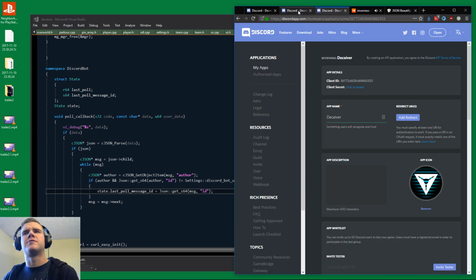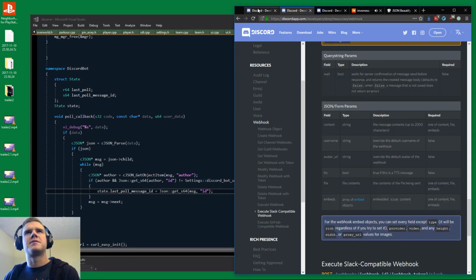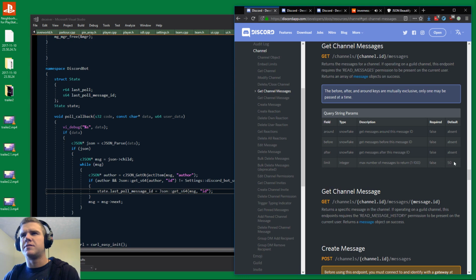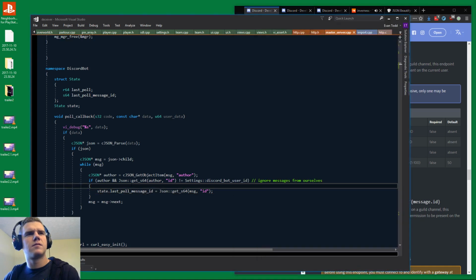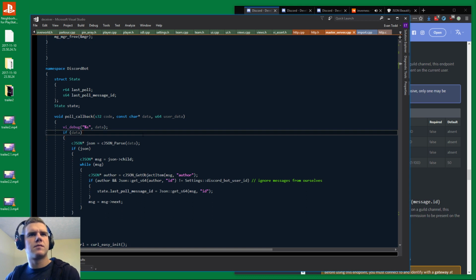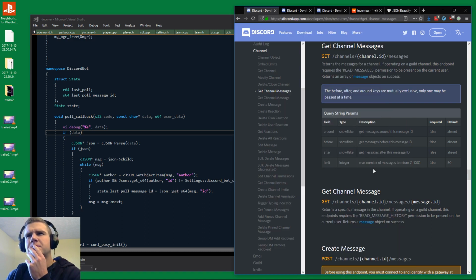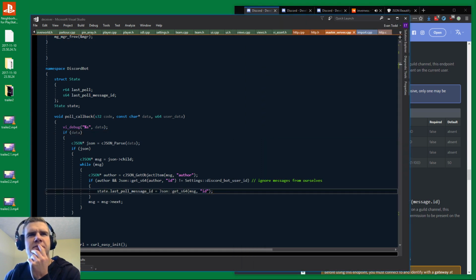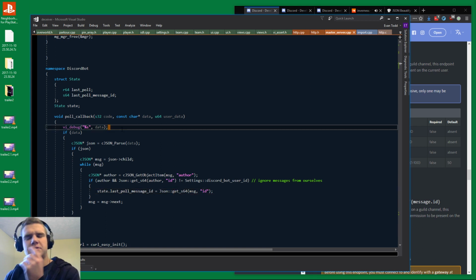Oh, something else to think about, we should probably have a limit. Default is 50. Trying to think of the best way to do this. When the bot starts up, it should not reprocess all of the same messages over again. So I think what it'll do,